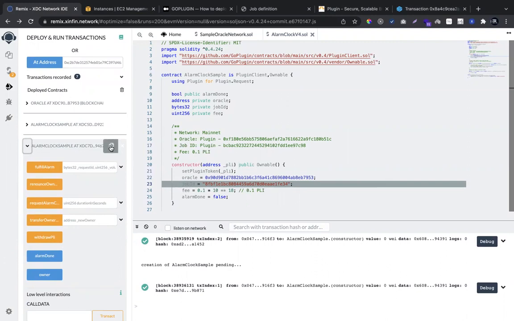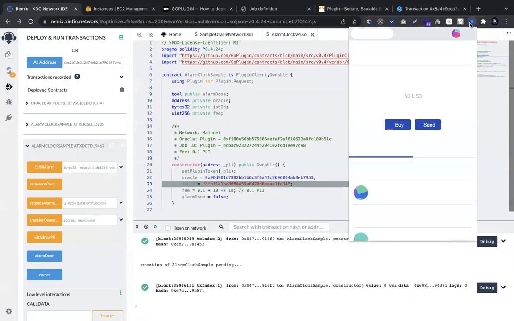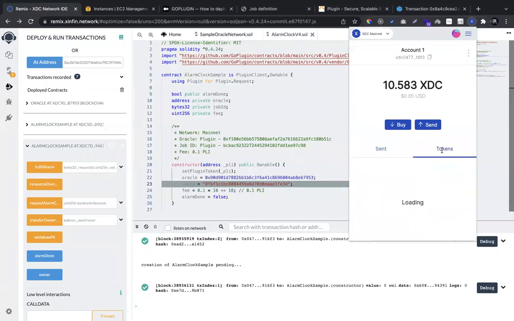But before you do that, you have to fund this client contract with the Oracle fee. But why? It is not that you are doing this activity, but the end users. The end user has to pay the Oracle fee to consume the services, for which they have to transfer the PLI.